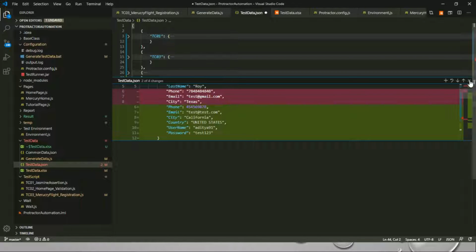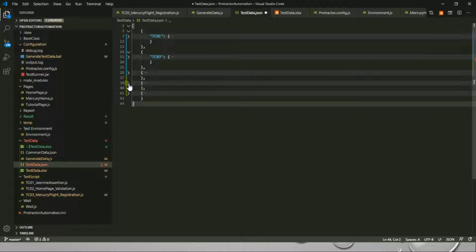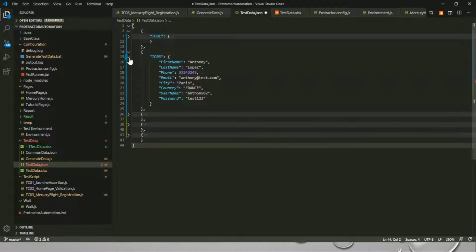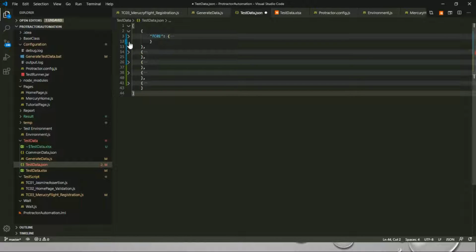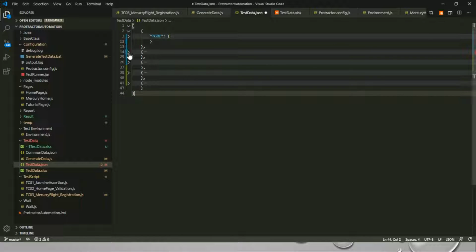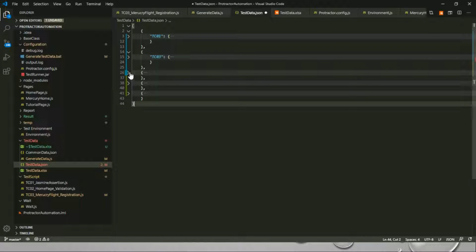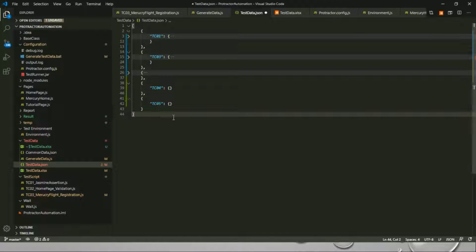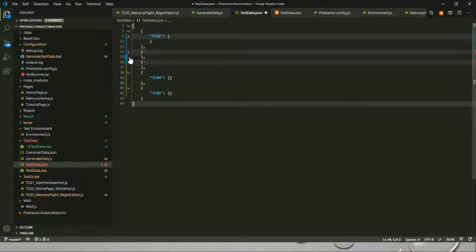Just a second, let me close it. Sorry. Yes. So we have TC01, we have TC03, we have TC03, then we have TC04, TC05. We have five different rows. Just a second.